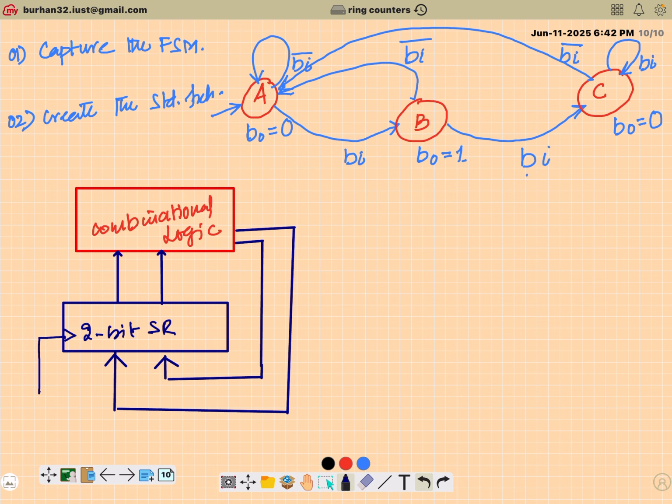So this is S1, S0, this is N0, N1. And then I will have an external input which I have named as BI and an external output which I have named as B0. So this is the standard architecture. Then the third step is to encode the FSM,